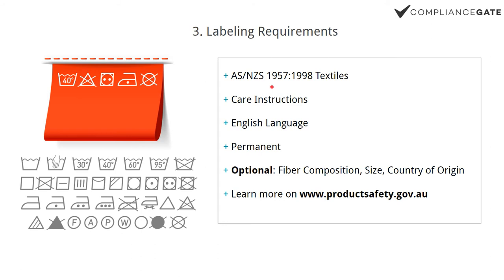There is a standard that you also find on productsafety.gov.au covering the specific requirements for textiles labeling, but they can be summarized as follows because it's quite basic. You need proper and accurate care instructions covering washing, drying, etc. Okay, it must be in English language, and it must be a permanent label, meaning that a sticker is not